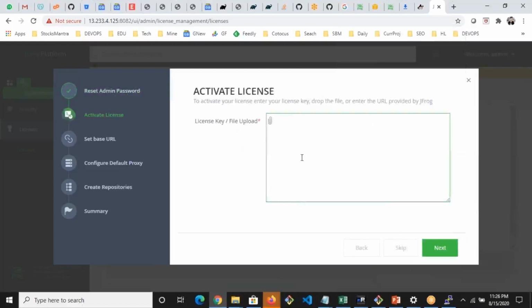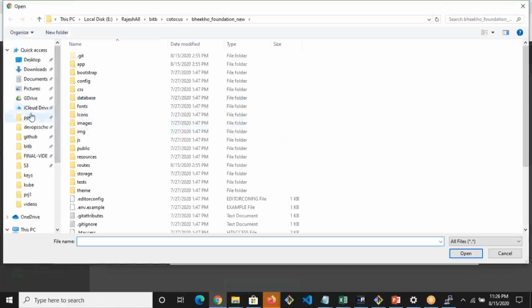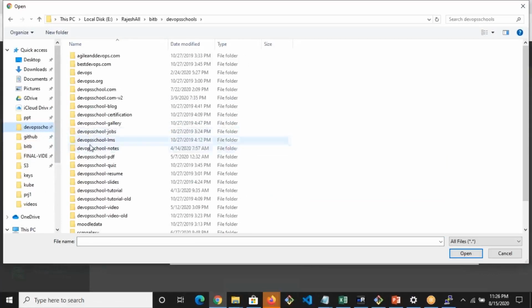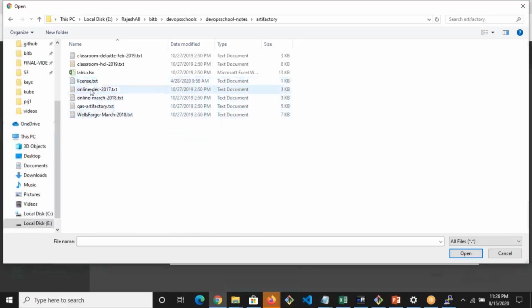So you have to have a license file. Do you have a license file? You can get it from the JFrog website. I have a license file, a previous one, so I'm going to use that. If it's working, that's super. So this is a